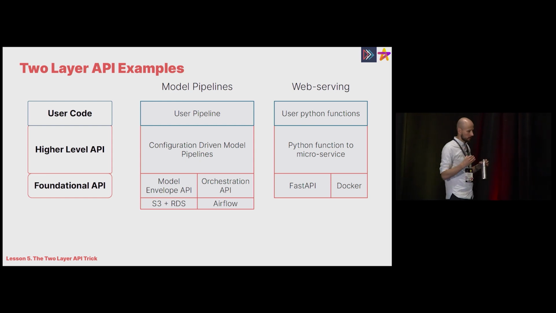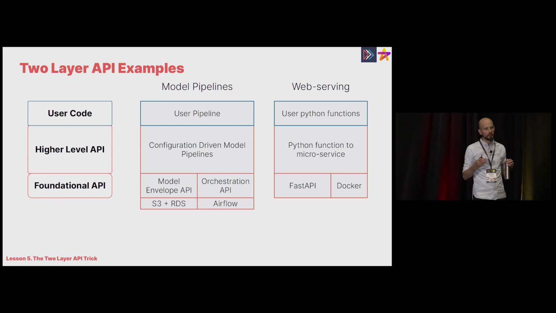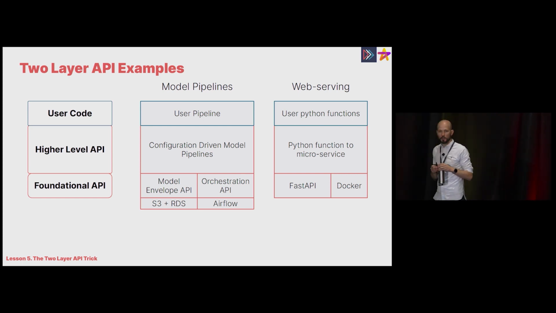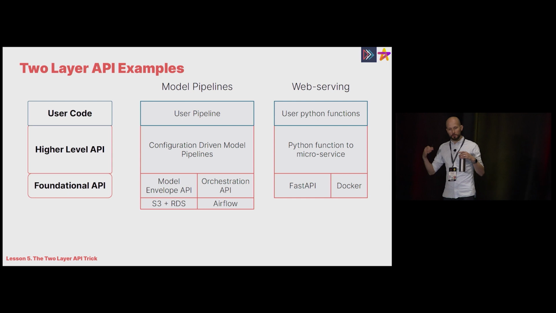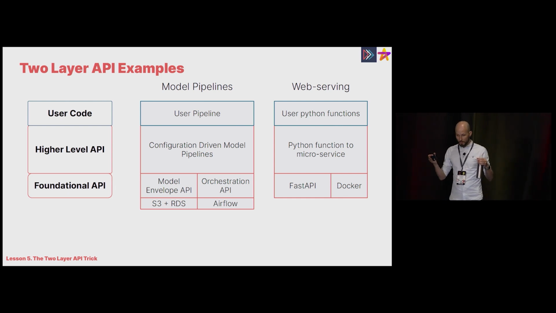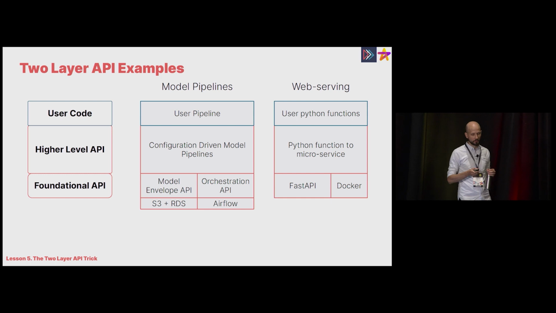The example here, I also want to emphasize that this foundational API doesn't have to be something that you provide. You could also use something off the shelf. So FastAPI is a web service. It has a bounded set of APIs. So you can think of the foundational API as also things from open source that you can build together. At Stitch Fix, one of the other examples we had was we enabled people to write a Python function, provide some configuration, and then deploy it as a microservice pretty easily. Underneath, they didn't know, it was all using FastAPI and Docker, but the users didn't really have to interact with that too much. So if you wanted to change something about Docker or upgrade the version of FastAPI, the users really didn't have to do much since the platform team could control it.